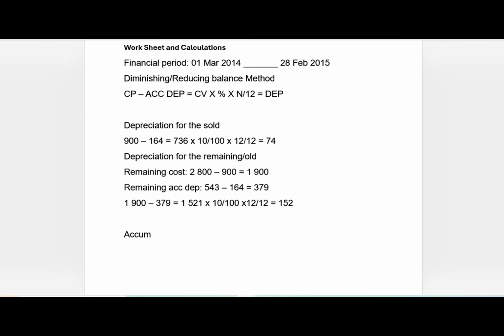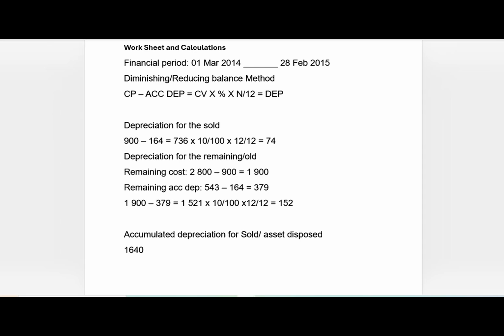So the accumulated depreciation for sold, or asset disposal, or disposed,